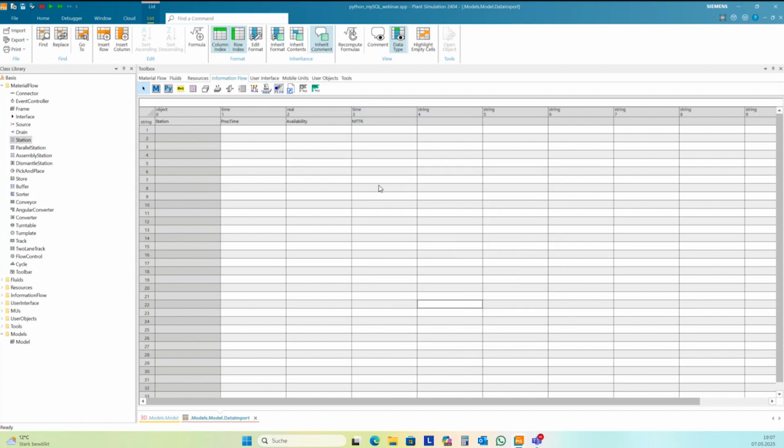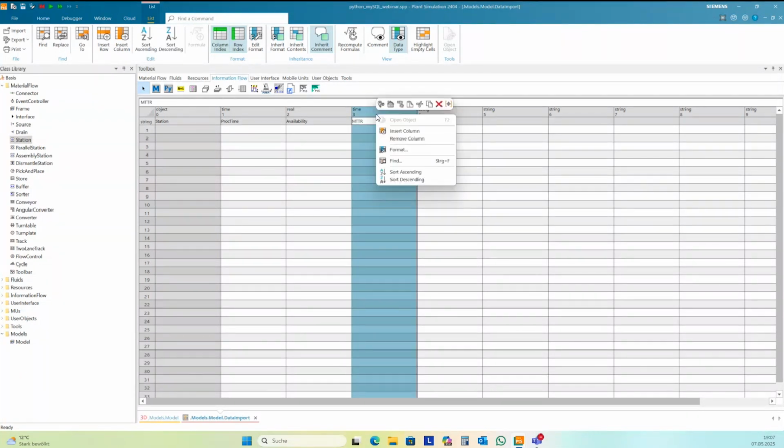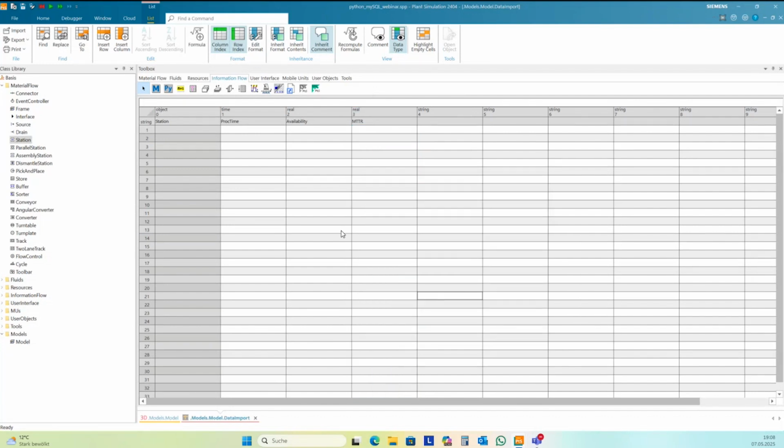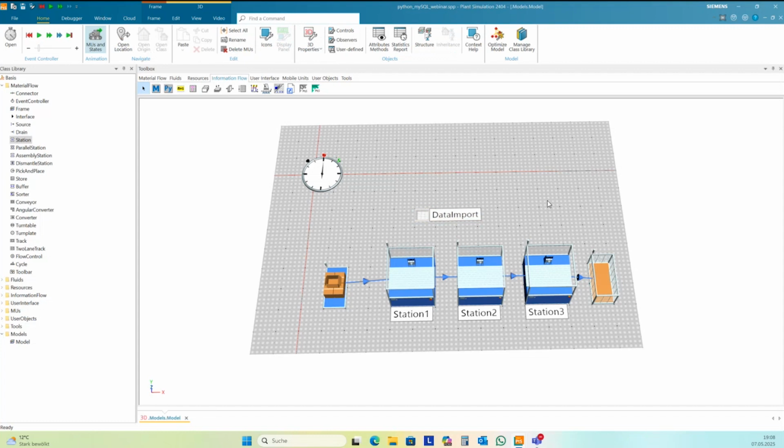Or real. Oh, my example, it's real. Okay, so this is my table, and into this table I want to import some data from the database.